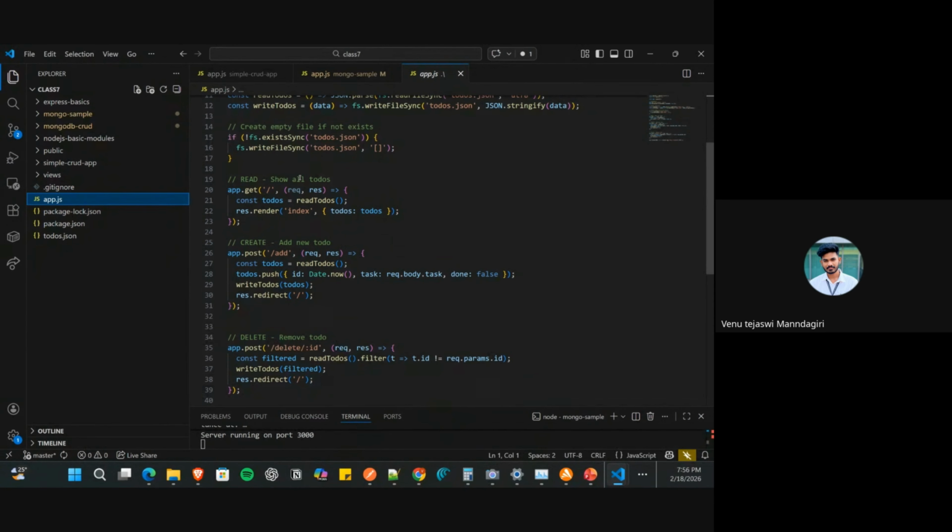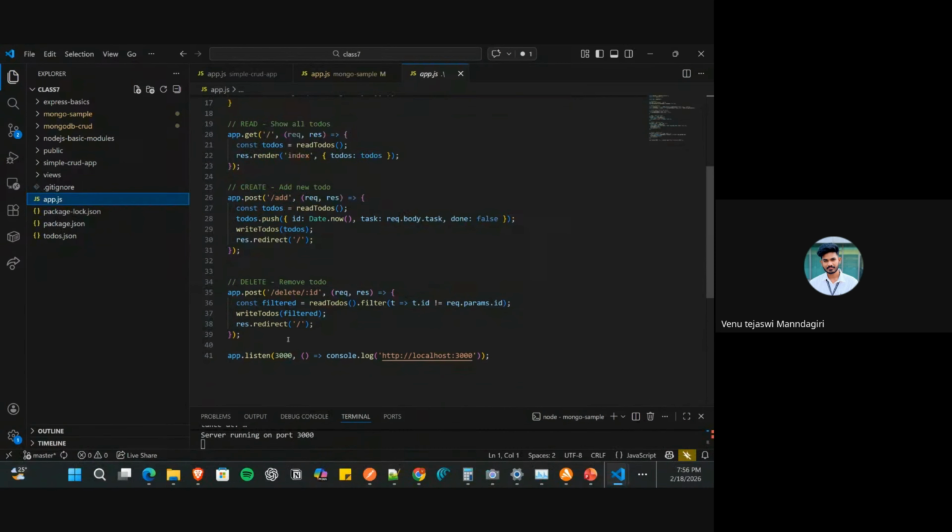Each API: get, post, create, delete. So you need to test the APIs whether you're able to create the user, able to change the data and able to delete the data. Okay, then you will practically understand how this is working